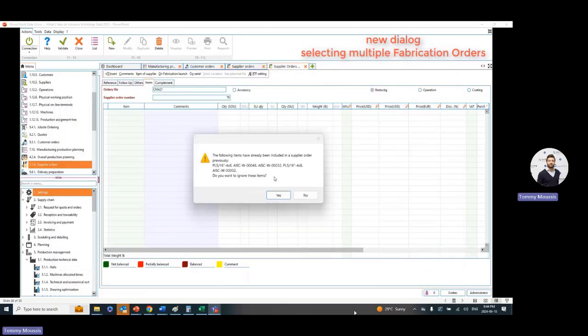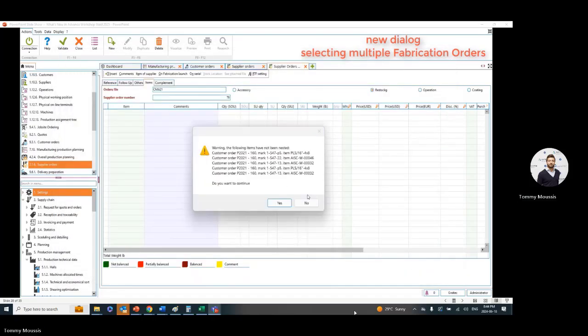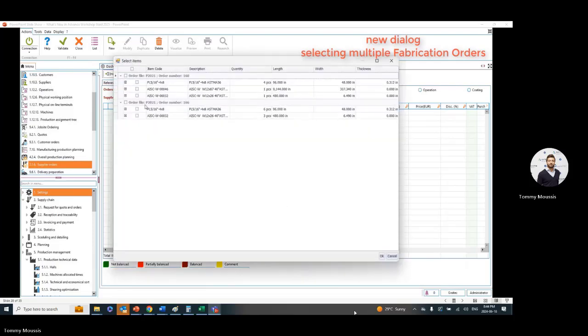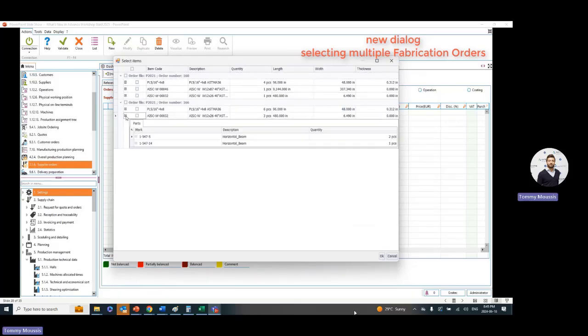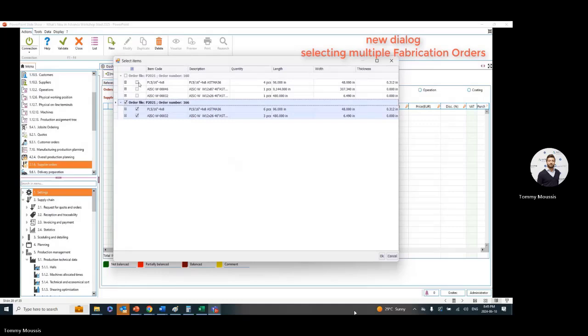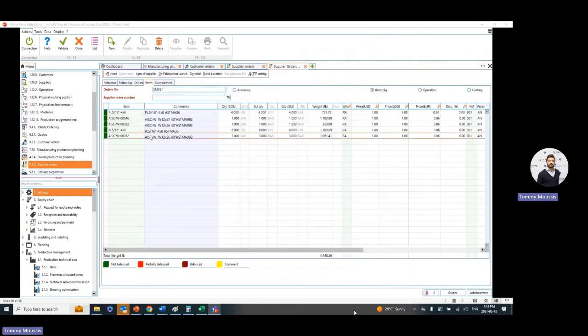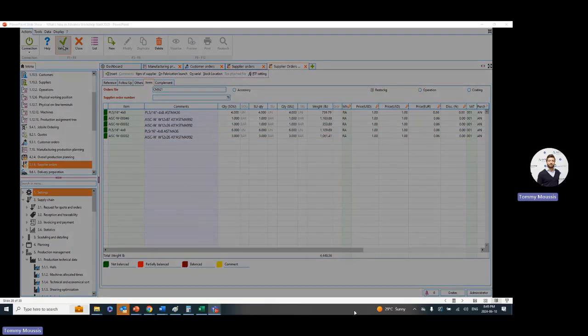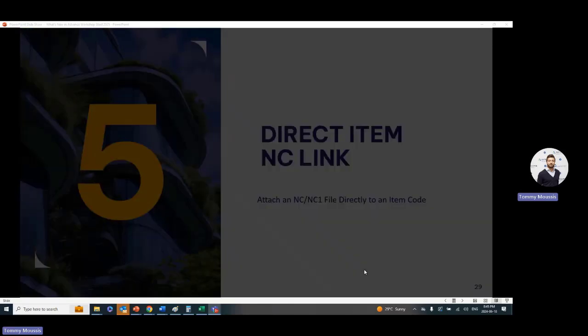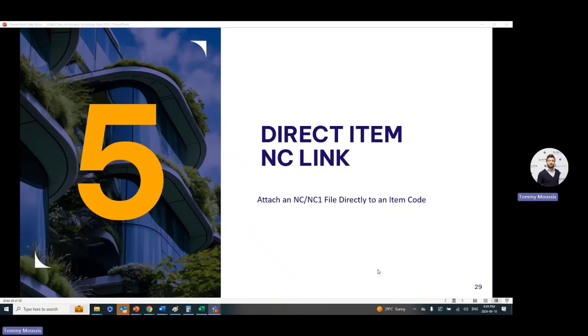Once I click on OK, here now it's going to show me all items within each fabrication order. And now I can choose to select the entirety of the order if I wish, or individual components. For example, if there was hardware that I would be ordering from another supplier and the raw material items from this supplier, I can pick and choose which ones would be consolidated within the supplier order. Now we'll look at